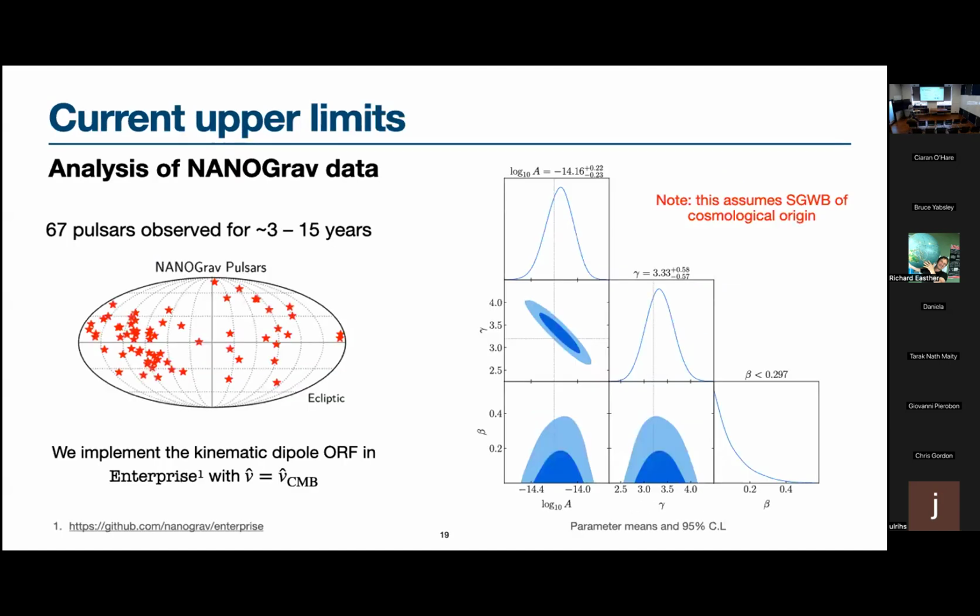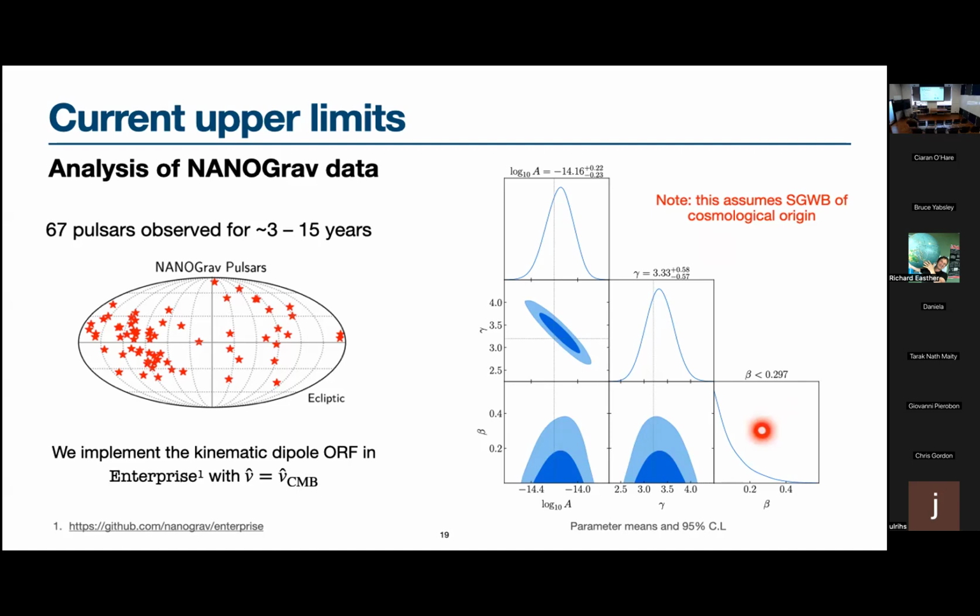Okay, so the first thing we did is to take the current data from the NANOGrav collaboration, which monitors 67 pulsars for a period of between 3 to 15 years. These pulsars are shown here in ecliptic coordinates. And we implemented this kinematic dipole correlation function in their code, Enterprise. And using that, we try to constrain the magnitude of this dipole. So we obtain results for the amplitude and spectral index which are consistent with those obtained by the collaborations. And we are able to put the first upper limits on the dipole magnitude